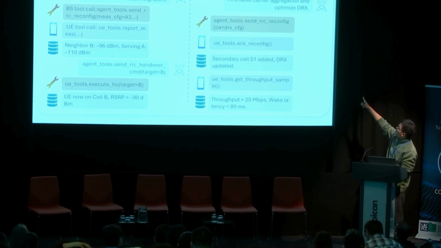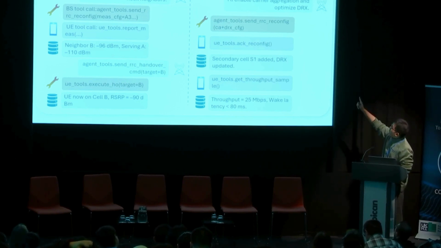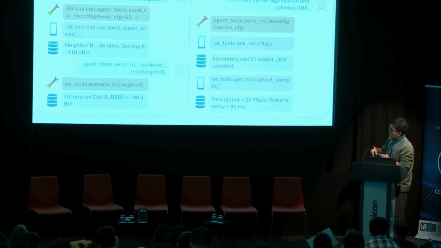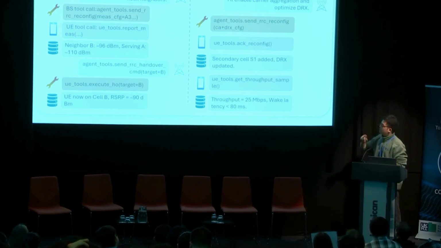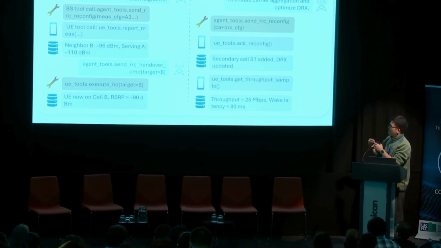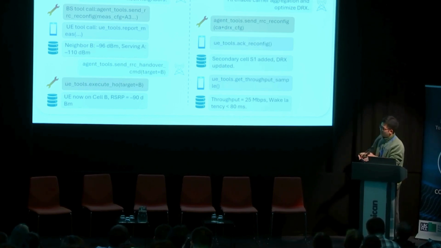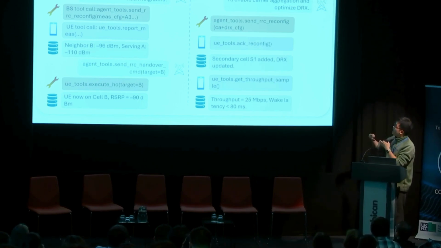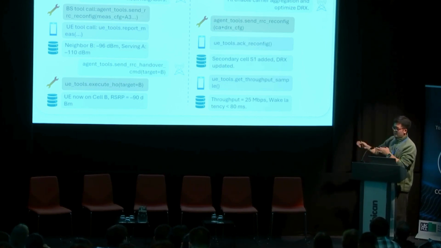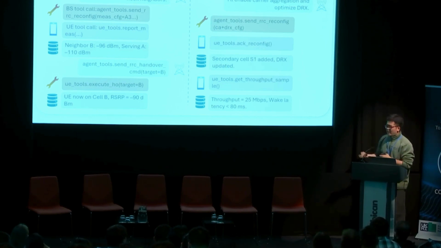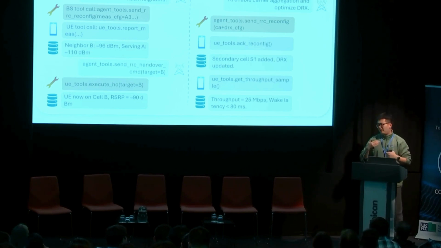Case study 2 is carrier aggregation and discontinuous reception optimization. That means your phone is not awake all the time; sometimes it goes to sleep. If the sleep window doesn't match the base station, they will lose a lot of throughput, and they execute that. And because our data is not perfect, it's still only London,